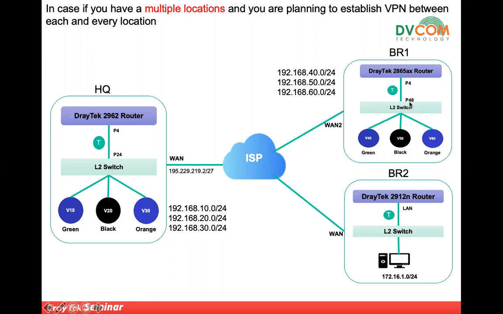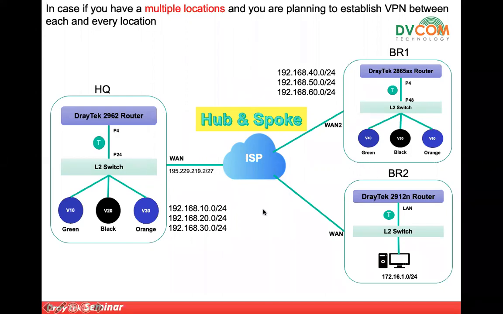So basically, whenever you establish a site-to-site VPN here, the people sitting in HQ can talk to branch 1, and the people sitting in branch 1 can talk to HQ. Similarly, branch 2 can talk to HQ and HQ can talk to branch 2. But between branch 1 and branch 2, there is no communication. Why? Because there is no VPN tunnel between these two. But in Draytek, we have a solution called hub and spoke. Through hub and spoke, you just establish a VPN connection from your branch to HQ. That's it. Then you can add additional routes in your routing table so that you can talk from HQ to branch, and branch to branch as well.